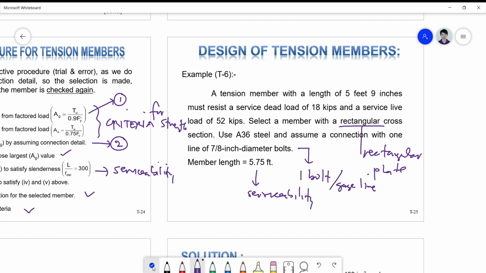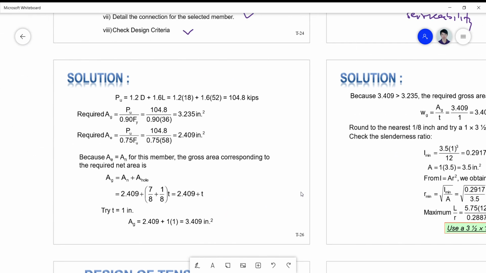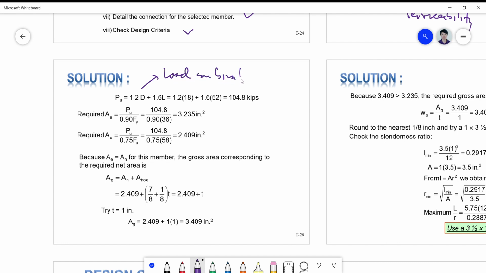Okay, so the first step is to get your AG based on the criteria. Okay, so here's the given load, 104.8 obtained from a load combination given. Okay, so this is the LRFD load combination. So 1.2 dead plus 1.6 live is 104.8. We divide it by 0.9 Fy, we get this, and we divide it by 0.75 Fu, we get this. Okay, so this is just an effective area. We cannot compare it to an AG. So we have to convert this to